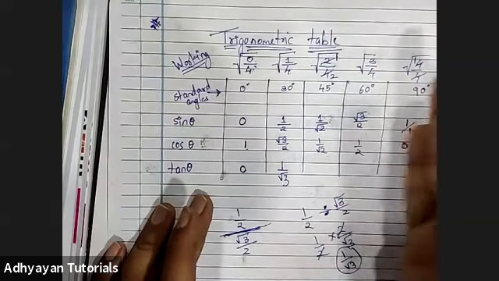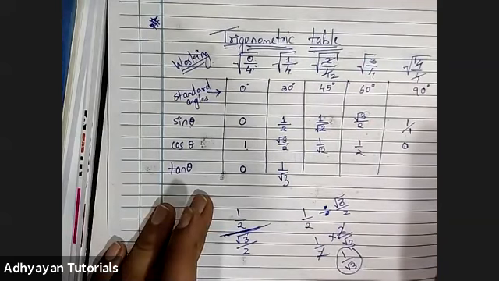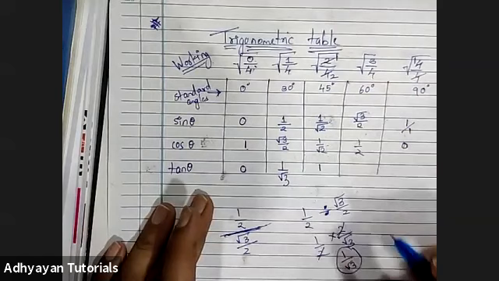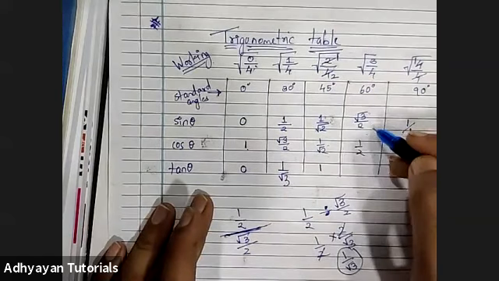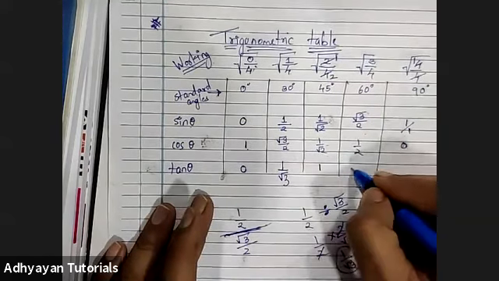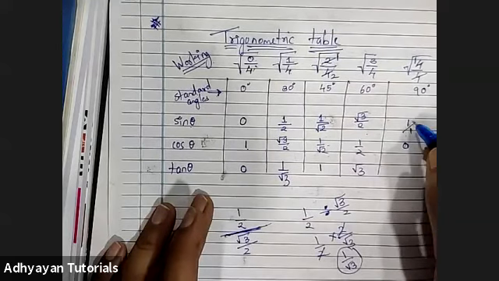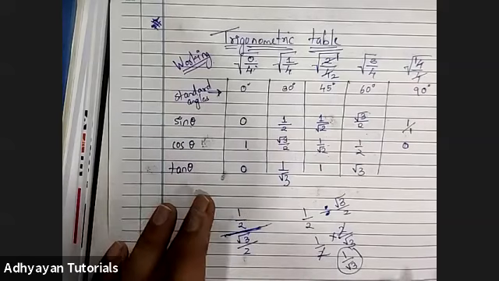Now this is the value which I'll be writing here. Likewise, I won't be showing you all the entire calculations for each and every column, but it is the same thing upon same thing. Definitely after cancelling, the answer 1 will remain here. Now when you divide these two like this, you get the answer as root 3. And here children, it is like 1 divided by 0. So what is 1 upon 0? Can anybody tell me?